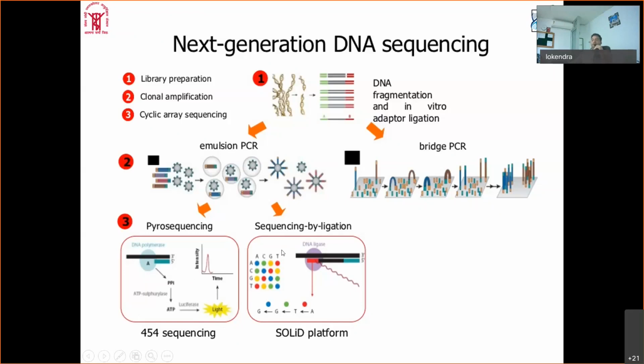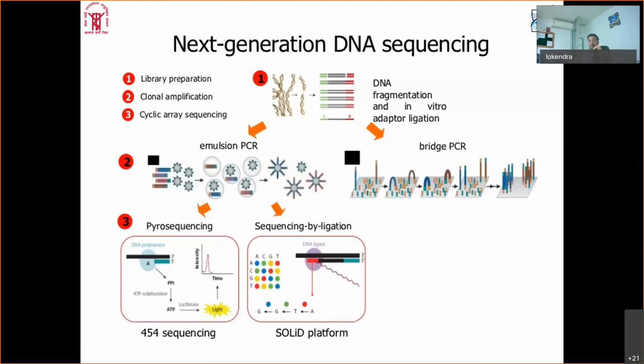Similarly, there is another method called the SOLiD platform, which is sequencing by ligation. Here, instead of DNA polymerase acting, DNA ligase is added. In this case, 2 to 8 nucleotide probes are added. This is just to give you some idea, although each individual method is very deep and detailed, and for that we would have to take individual classes. But briefly, the first method is based on the release of pyrophosphate. This method is based on the ligation of the probe; each probe is specific, and based on the ligation and release of that probe, it is identified by the detector.